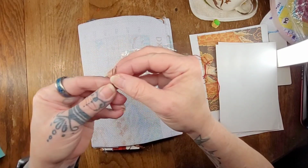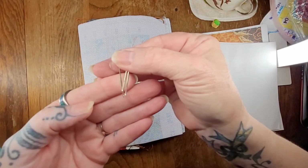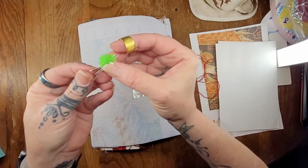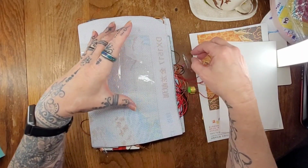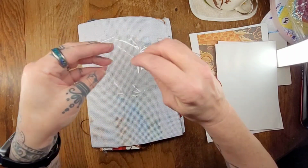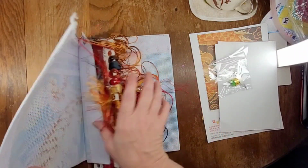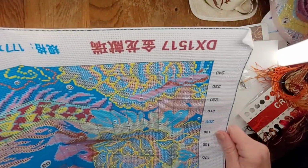And then we have our needles. We have 3 needles. I'm going to stick those in the puffball. They really usually come in the puffball, but the last couple patterns I've gotten at these kits, they didn't. So I'm not sure what's up with that. Maybe it's just how this company does it, but it's all good because they're there and we know they're there, so we can stick them in the puffball ourselves. So no big deal. Close that up, and then I'm going to put that off to the side so we can look at our